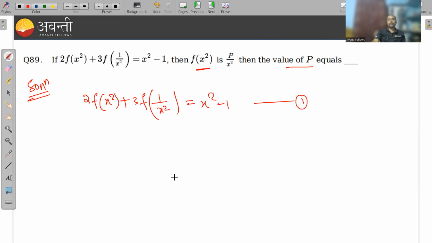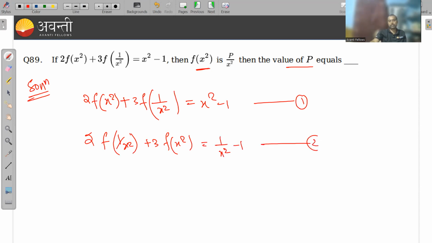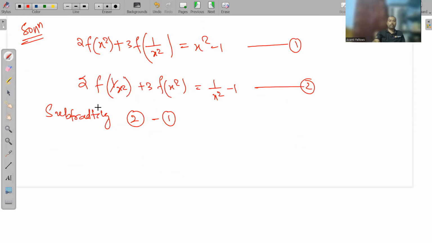Now, if we put x as 1 by x and 1 by x as x, what do we get? We get 2 into f of 1 by x square plus 3 into f of x square is equal to 1 by x square minus 1. This is my equation 2. Now, subtracting 1 from 2, what do we get? We get f of x square